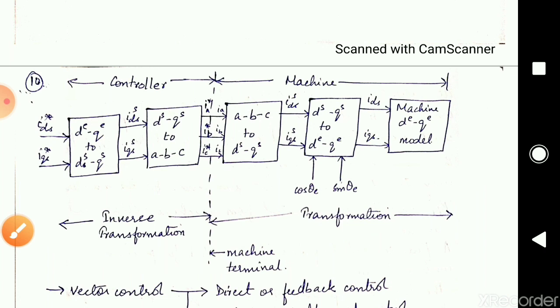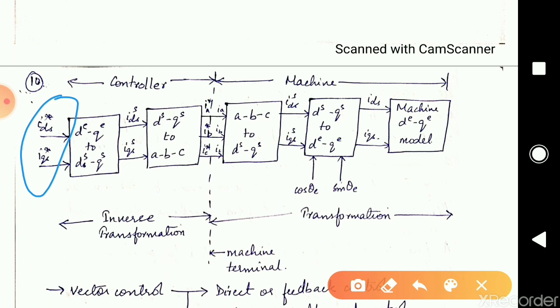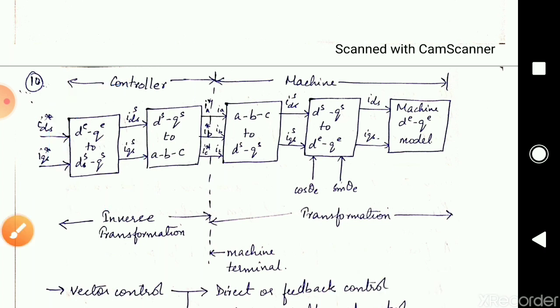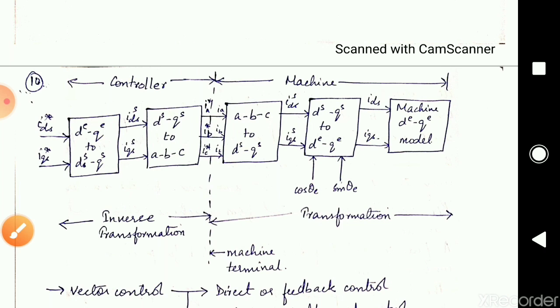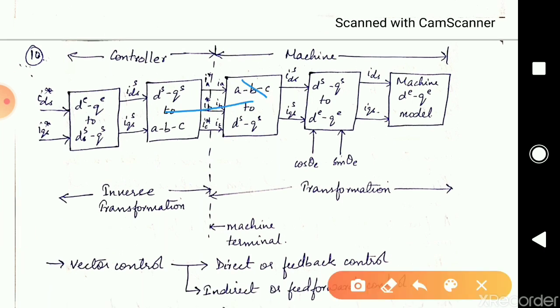So now what do you have to do? You need to carry out the inverse transformation. The two-phase synchronously rotating terms, after doing the comparison, will be converted using the inverse Park transformation. It will be converted to the two-phase stationary reference frame. And then after carrying out the inverse Clarke transformation, this two-phase stationary reference frame will be converted into the three-phase stationary reference frame, and then correspondingly this input will be given to the machine so that our desired parameters will be obtained for the machine. So I hope it is clear.